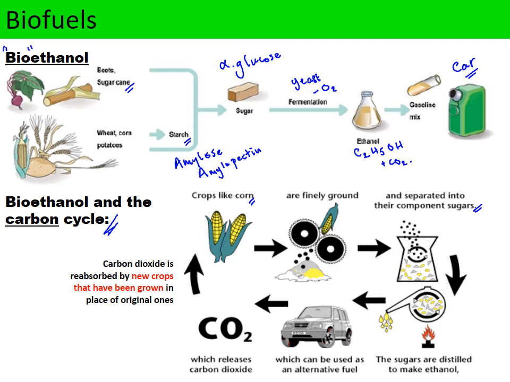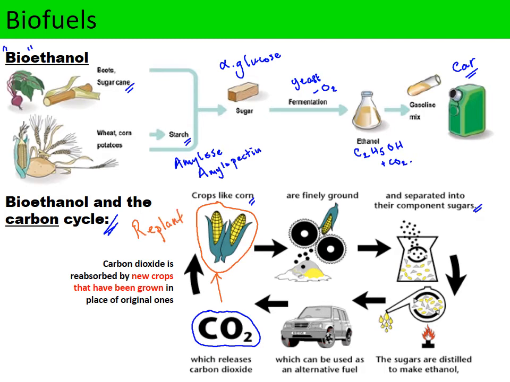We know the car will release some CO2 into the atmosphere, so it does still release the carbon dioxide. However, the plant material that is harvested to make the ethanol, these plants are regrown, they're replanted, therefore they do take in the carbon dioxide that is released as a consequence of burning the ethanol and combusting the ethanol in the car to release the CO2. So it's a cyclical process. So it's important that the crops are replanted